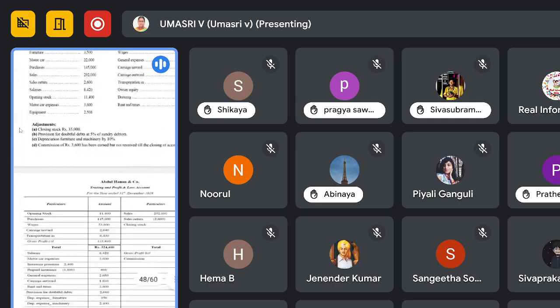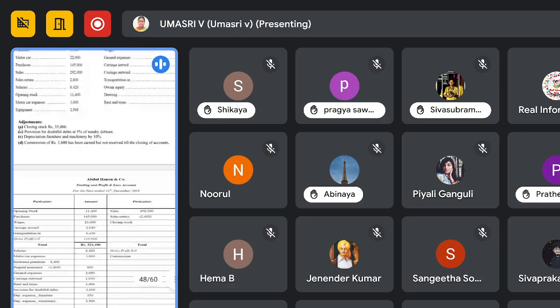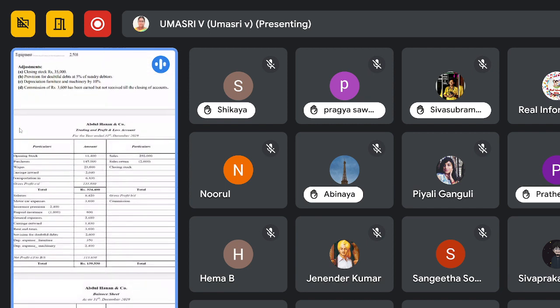The commission, what is given in your adjustment? Commission 3,600 has been earned but not received till the closing of accounts. That means what? Earned but not received. You have rendered services but not received. That means what? It is an income. Commission earned but not received is an income. That is why you have to show it in the credit side of your profit and loss